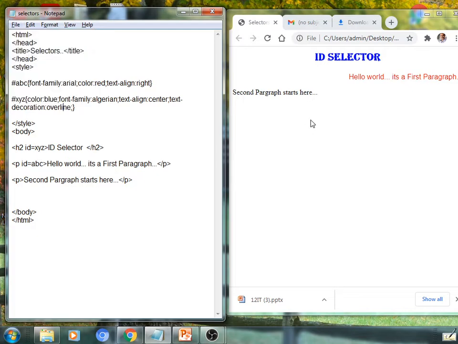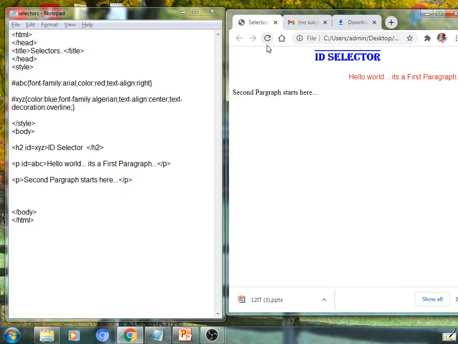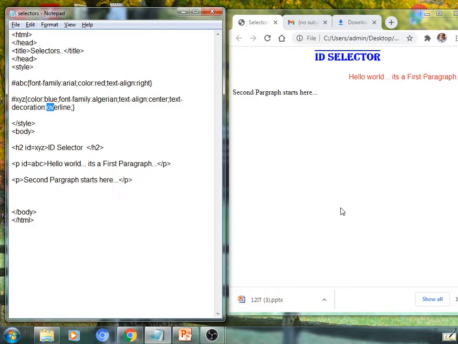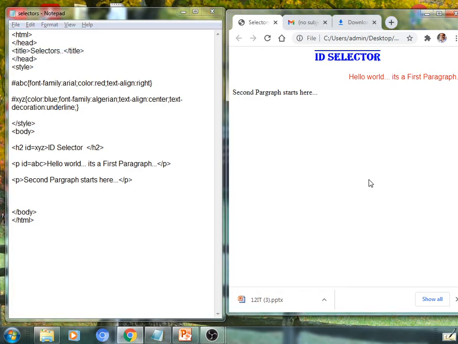Save this here, refresh here. Yes, it is applicable. This one is a line, it is drawn. You can apply it just below the text, that is nothing but underline. Save this here again, refresh the browser's window, it is applicable like this.